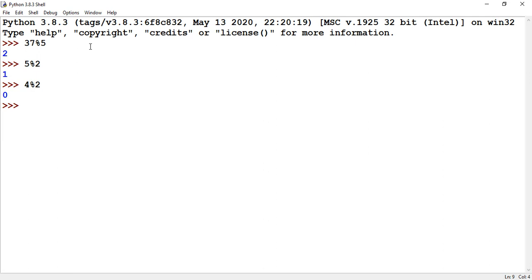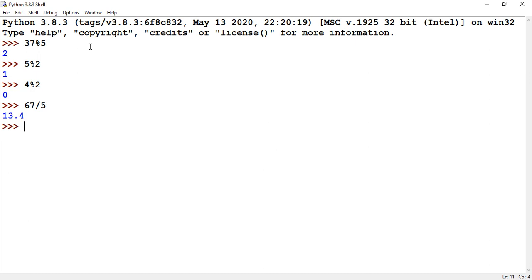But what about the quotient? Suppose there is a number 67 and I want to divide it by 5. You want the remainder and you also want the quotient. Normal division will give you 13.4, but we do not want the fractional part of it. We want the quotient as 13 and the remainder as 2, because you cannot completely divide 67 by 5 as a whole number.